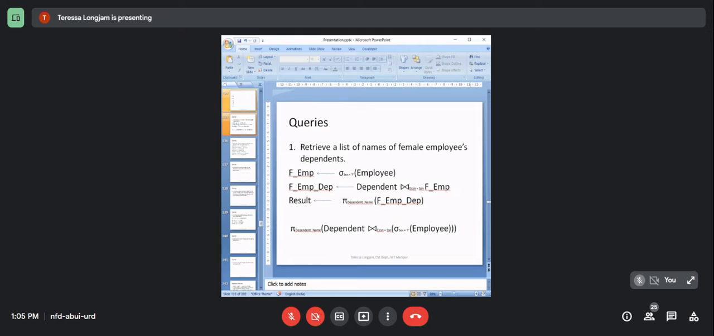The first query, I have already written the relational algebra expressions here. I'll just tell you how it works. You can write it in a single expression. I already told you, you can solve a query using a single expression, or you can solve it in multiple expressions. So in the first query, what we are going to retrieve is